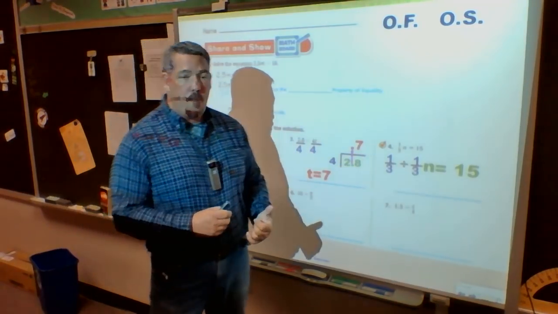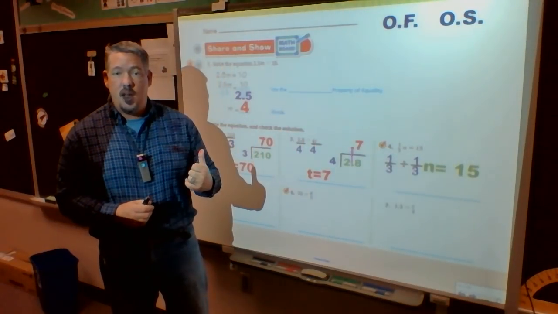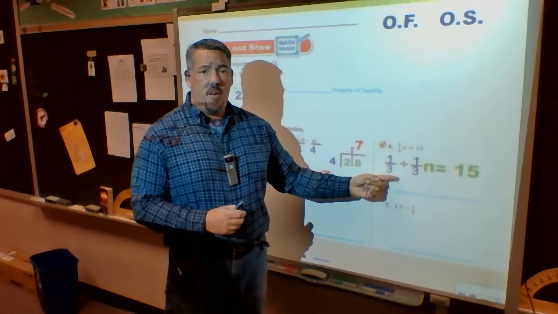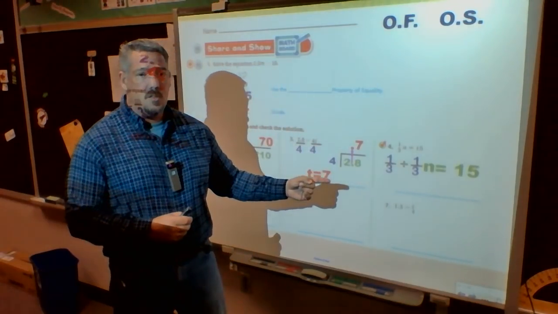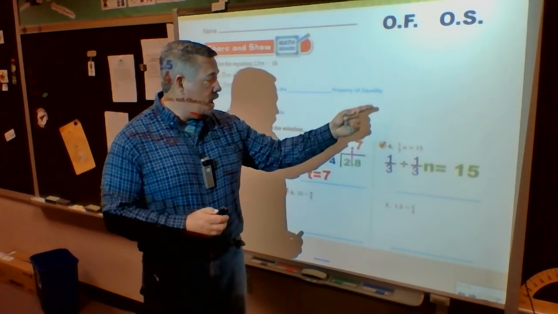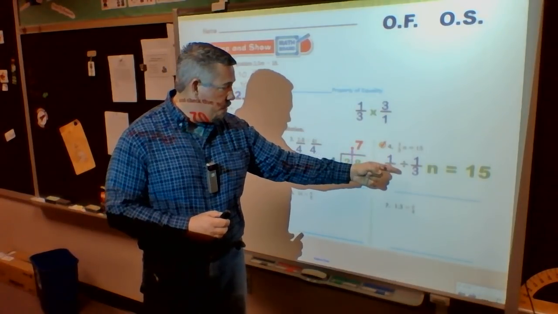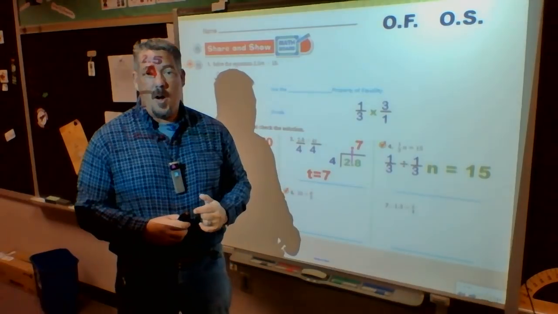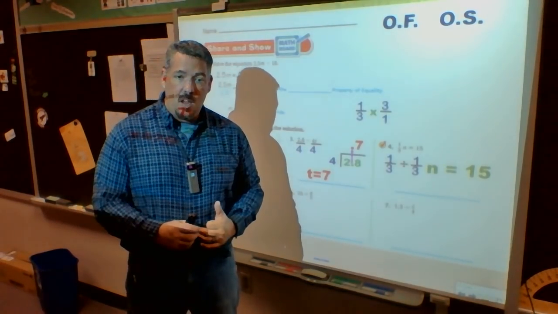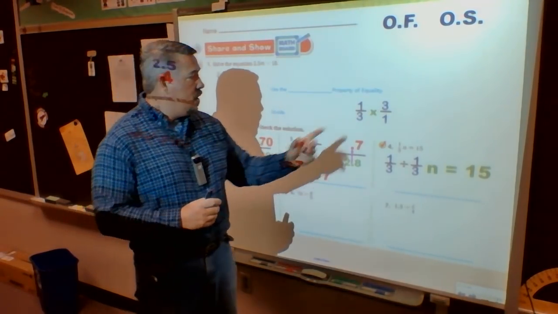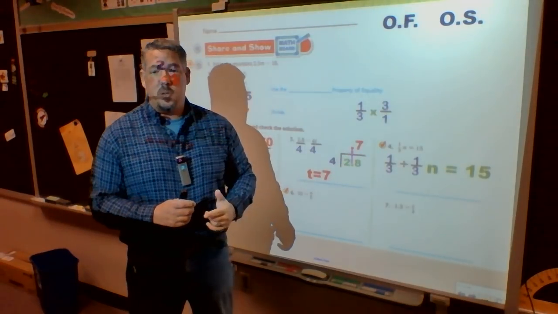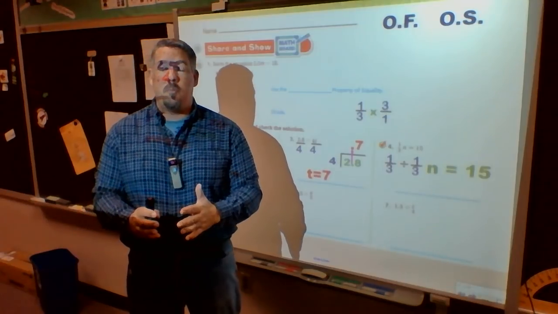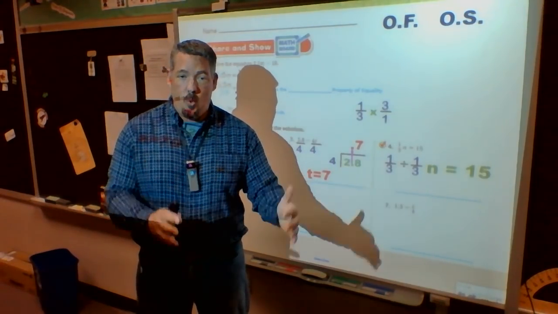The first thing that should pop into our head, because we already reviewed it today, but we did it the first or two months of school: I can't divide fractions, so I have to change it. First, I keep my first one. Then, division becomes multiplication. Then, I flip my second fraction. So what we should see is that when I multiply a fraction by its reciprocal, it automatically equals 1. Any fraction multiplied by its reciprocal is 1.